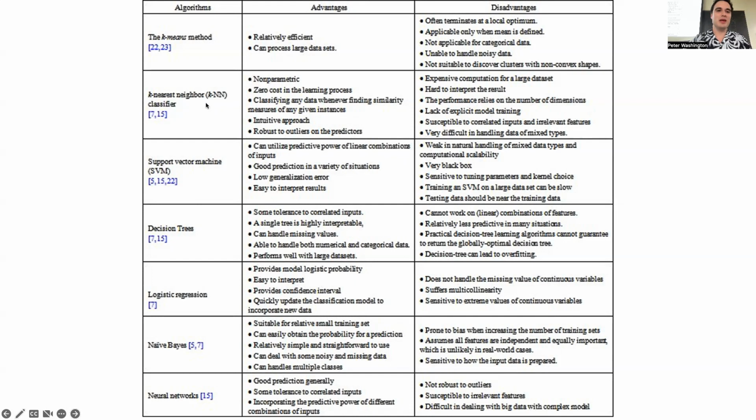So k nearest neighbors advantages are that it's non-parametric. So there's no thetas that are being learned in k nearest neighbors. There's no gradient descent, no training process. So there's no parameters to be learned. Therefore, it's non-parametric. There's no cost in the learning process. So the learning is really efficient because the learning is just collect the data and then you're done learning. There's no learning involved in k nearest neighbors. It's really intuitive, etc. But disadvantages,